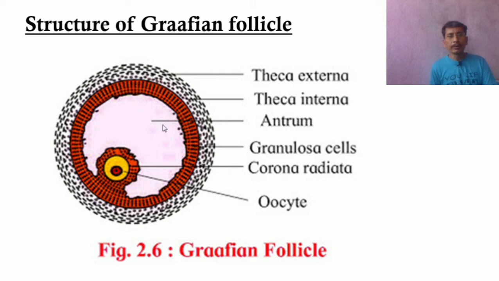Now this graafian follicle is the ovulated, mature follicle, and inside it is the presence of the oocyte, and the oocyte is eccentric. Eccentric means this is the whole graafian follicle, and this secondary oocyte is present at one end, away from the center. Therefore, it is known as an eccentric secondary oocyte. It is known as a secondary oocyte because incomplete meiotic division occurs inside it, and the second meiotic division is completed after fertilization.